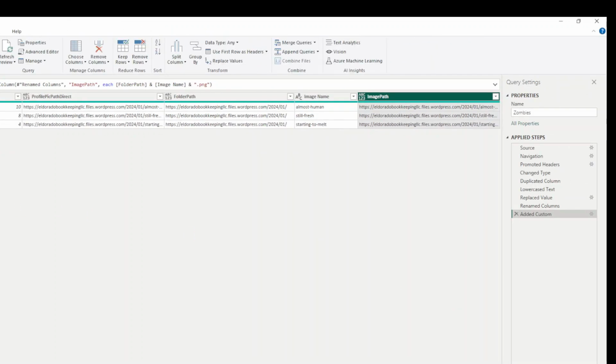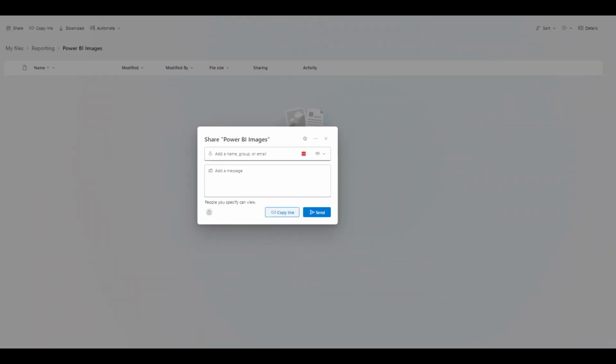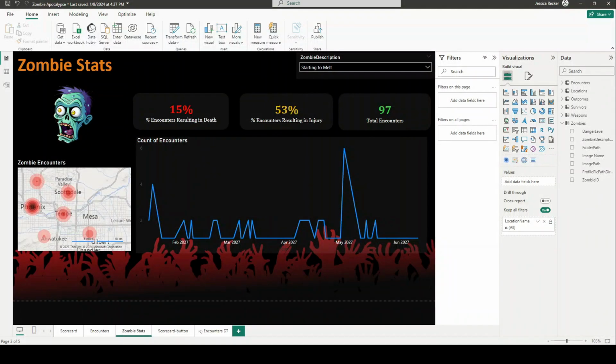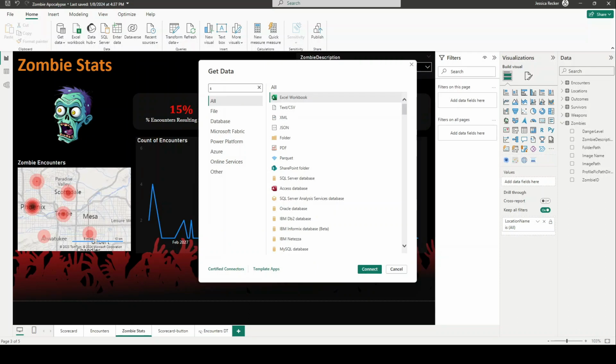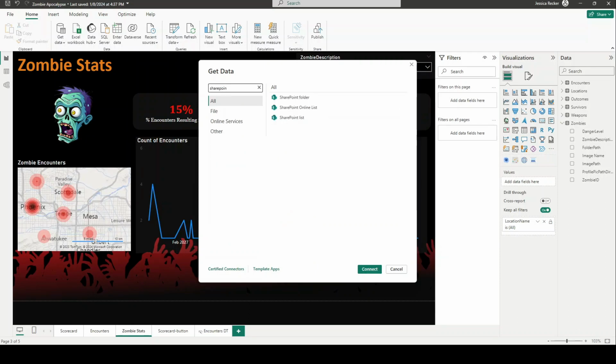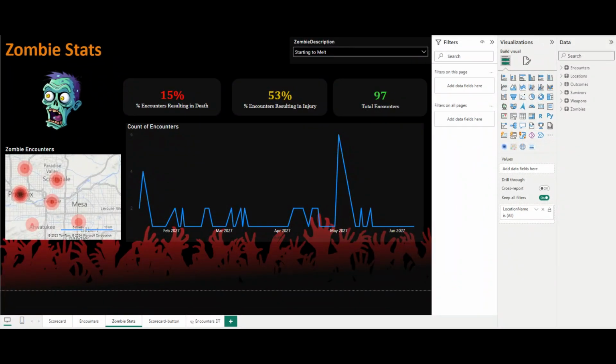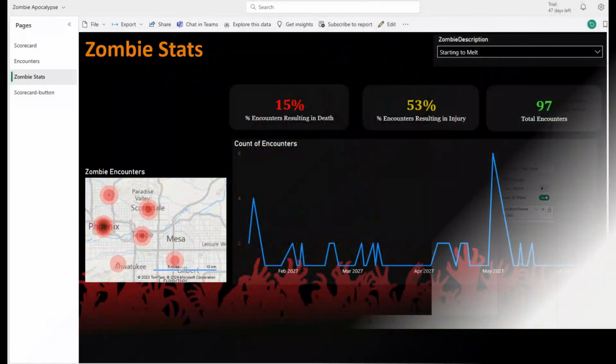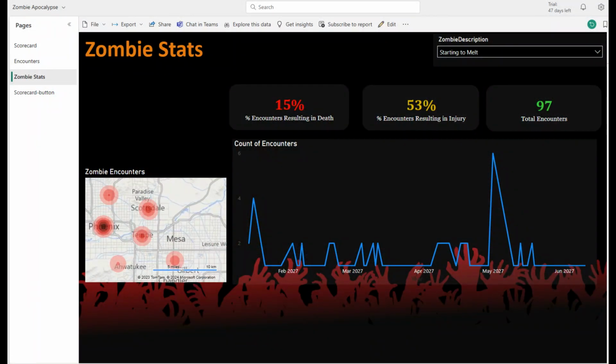You have a number of options here, but the one I'll recommend quickly today is the one most common, and that's SharePoint. If all of your end users will have access to the same SharePoint folder as you, which is honestly pretty easy to do if you're all in the same organization, then I recommend using the SharePoint connector in Power BI and pulling in a SharePoint folder with your images. The standard dataset it creates will already tell you the image name and the folder path for you to concatenate together. Just know that if you use this option and any of your end users don't have access to the folder your images are sitting in, then they won't see the images, even on your